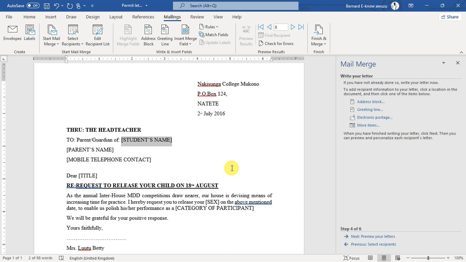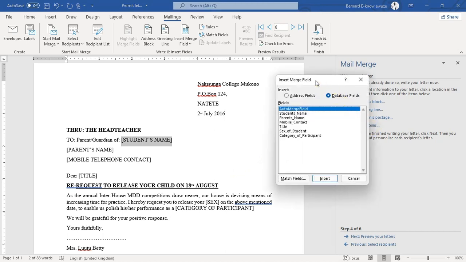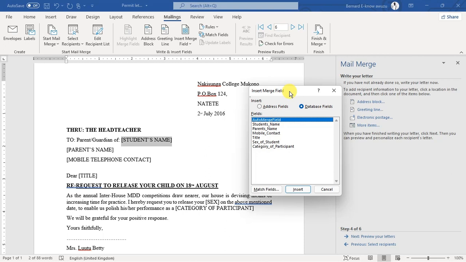After selecting that, you'll come back to your window for mail merge and you'll click on more items. When you click on more items, this window appears. This window is going to help you select which data source field to replace the merge field with. That is why the name you give to the merge fields should be something which can easily help you identify which field in our data source to replace it with. So student's name, I'm of course going to replace it with the student's name,